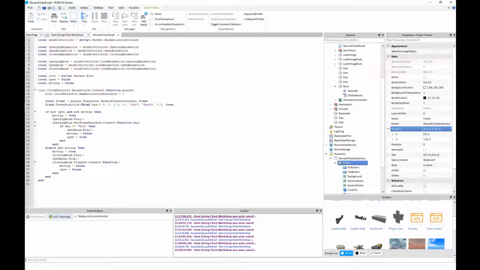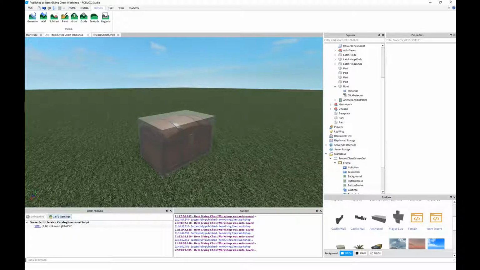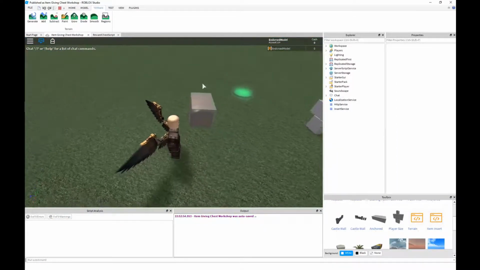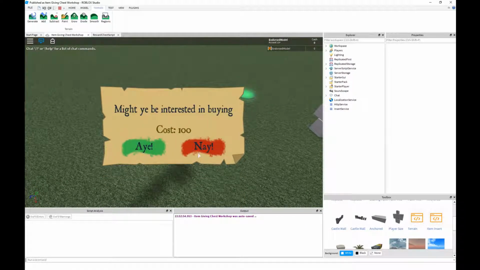So now let's see, let's comment out this for now because we don't need it yet, and we'll test this. So let's hop in. Perfect. So there our UI pops up. We can't click on anything yet, but that's okay. So we're going to go back,